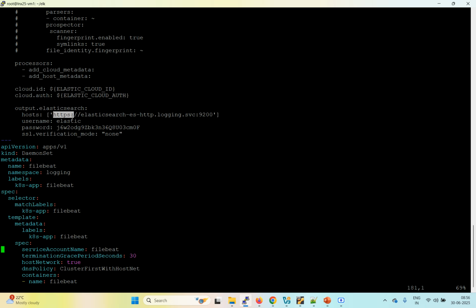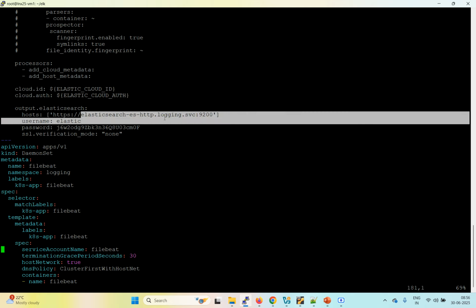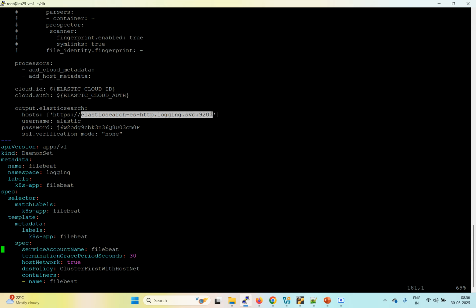HTTPS, always take HTTPS, not HTTP. If you put HTTP it will not work, because it is using secure communication, I mean SSL. Then the port remains the same, 9200. Then the username is elastic, and the password you can pick from